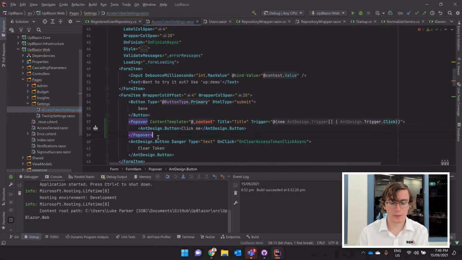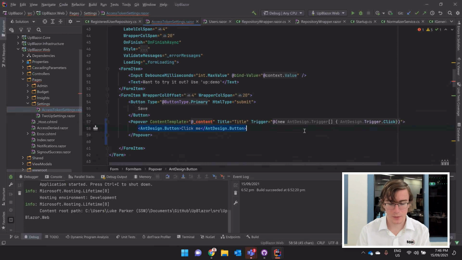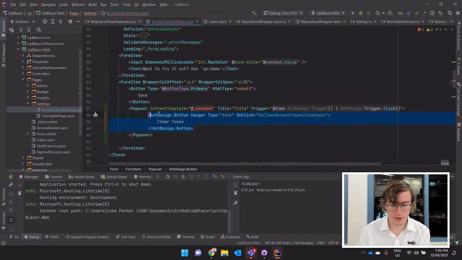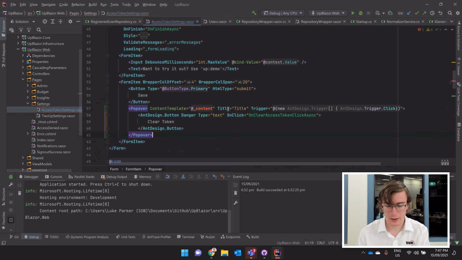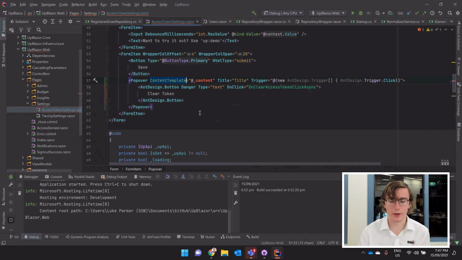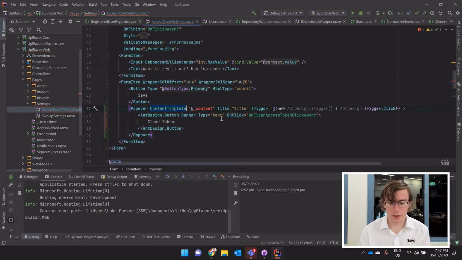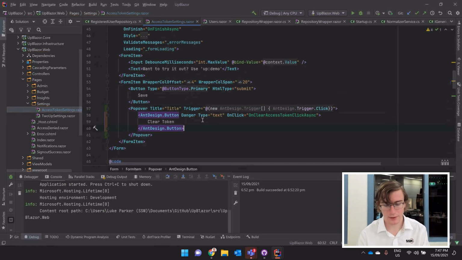So this popover, like many AntBlazor components and Blazor components in general, takes child content. So since the popover wraps a component, its child is obviously what it wraps. So let's replace this demo click me button with our clear button and fix the formatting there quickly. And the content template, you can use this as a property and then put it in code at the bottom, but I think visually that breaks it up a bit. So there's actually two ways to set a render fragment, which is a component in Blazor. So I'll delete this and you can write it actually as,